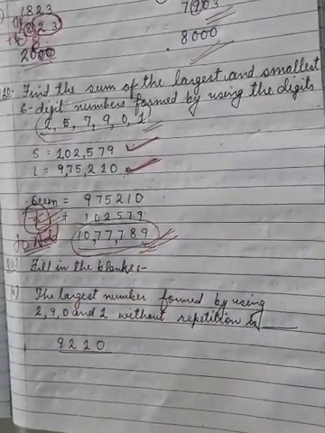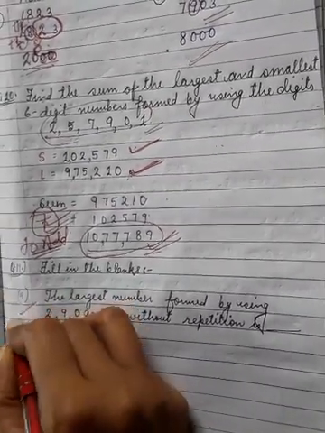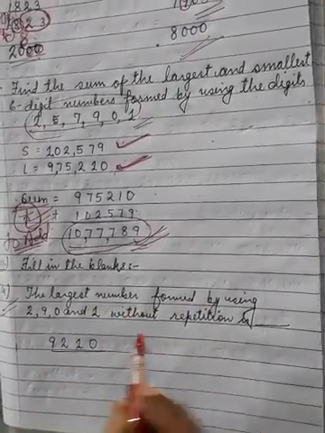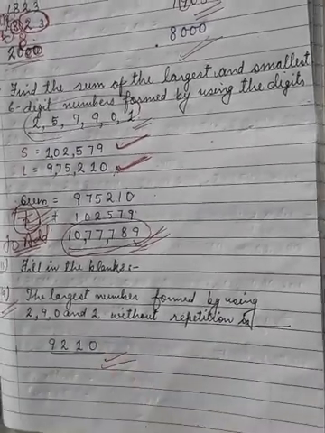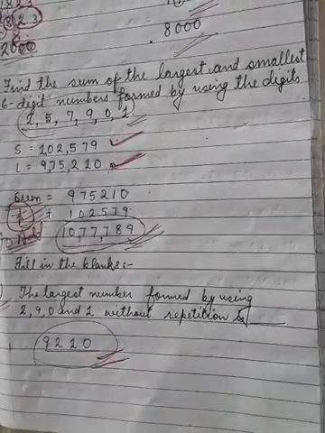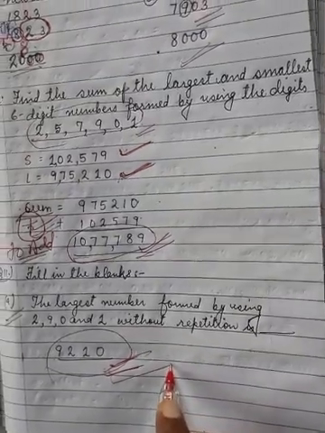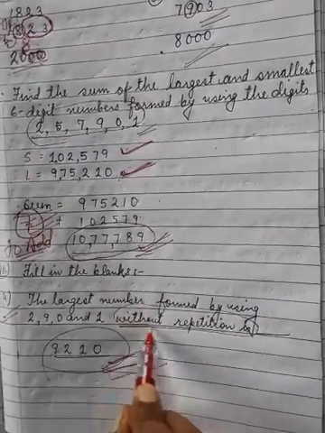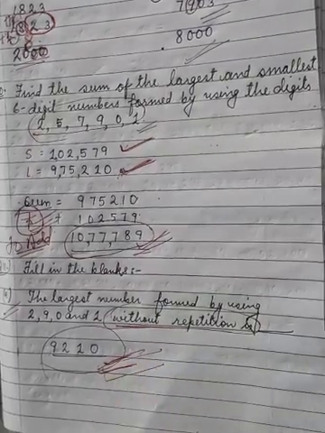So in question number 11, you will see fill in the blanks. Here I have only done question number 8, the largest number formed without repetition. Without repetition obviously बड़ा नंबर बनाना है तो हमें इसे descending order में सजाना पड़ेगा. So I have arranged these numbers in descending order. So what does it become? 9210. So this is our number without repetition. And here one more term is added, without repetition. Without repeating any number, you have to make the largest number. So this is the largest number.